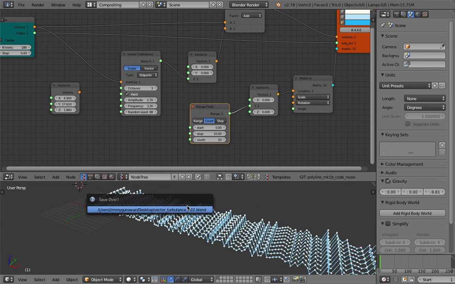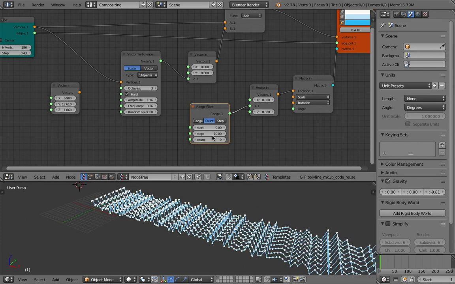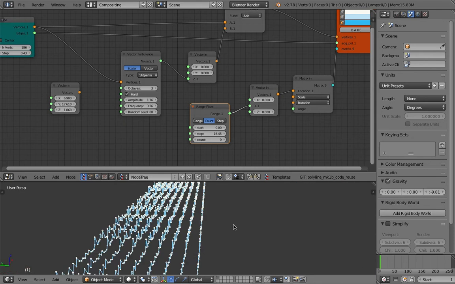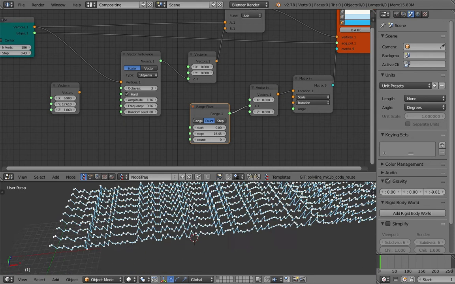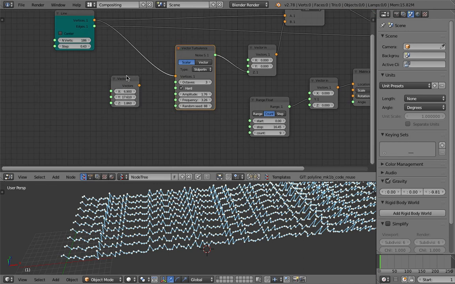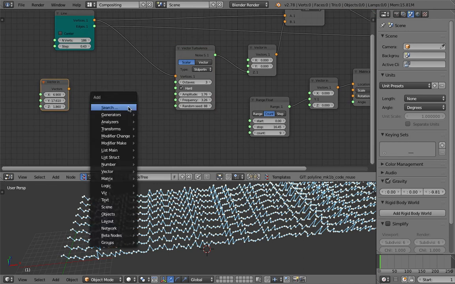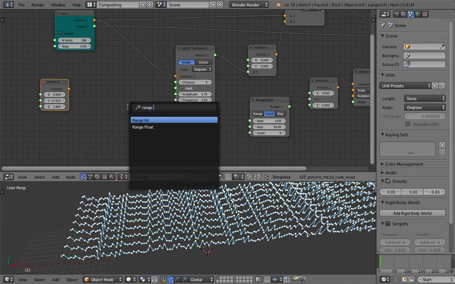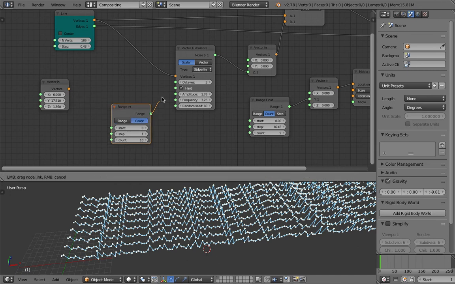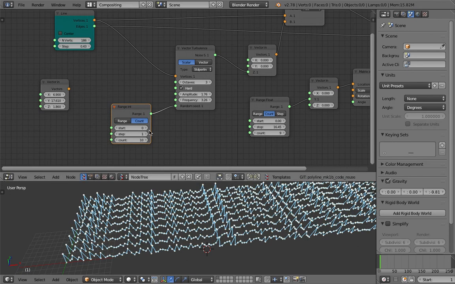You'll get this. You can have as many or as little as you want. You notice that each of the lines has the same turbulence passing through. If you want a different one, you can use range float integer and plug this into the random seed. And for this guy, I believe you can have a different